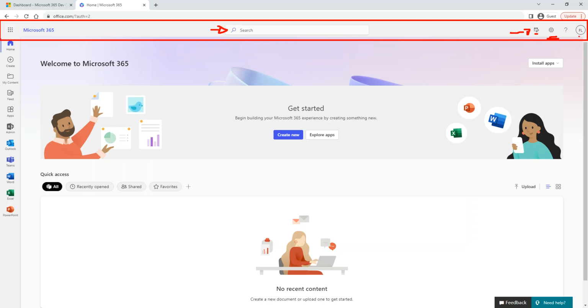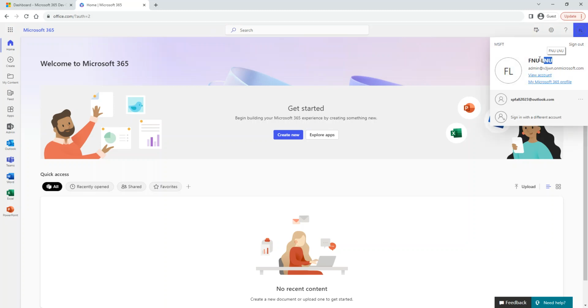And then here it says FL. It is the person who logged in. Actually, it's supposed to say the full name, but at this moment it says FL because my first name is FLN and my last name is, I don't know, LN something, last name LNU. That's why it picks the first character of the first name and the first character of the last name, and gives FL. I'm not bothered at this moment. That's my email. When you click on it, it will pop up this, and then you can upload your image and change your profile information.